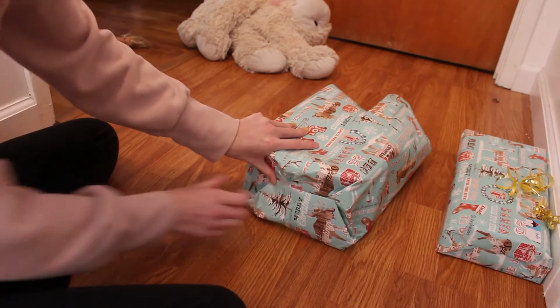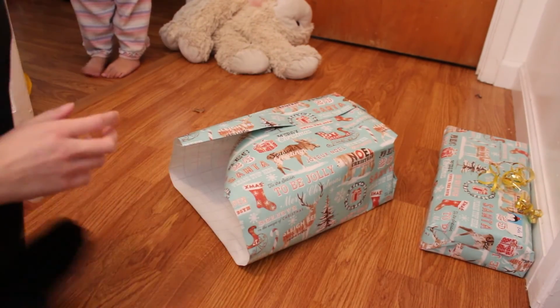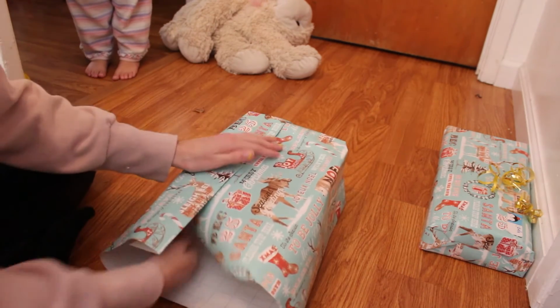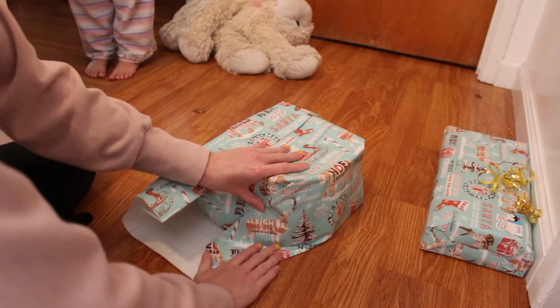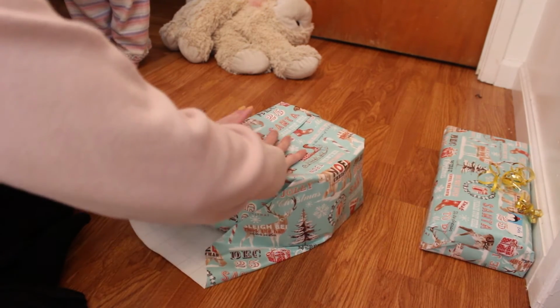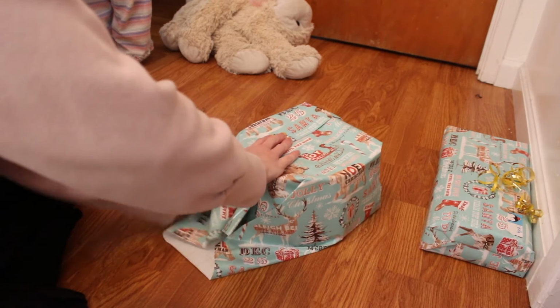And just putting that there. And again, same thing with the other side. Taking it, rounding it, taking it down, rounding it,